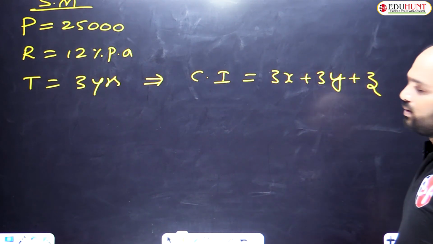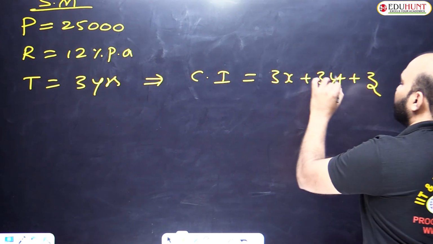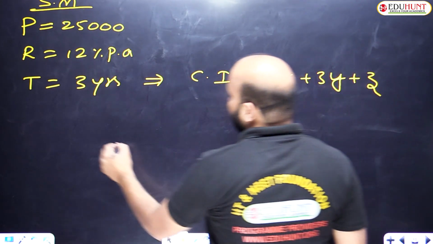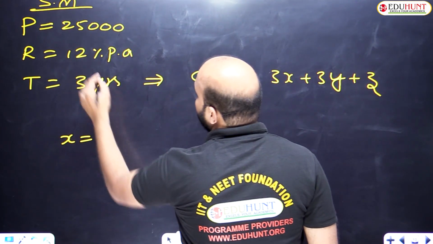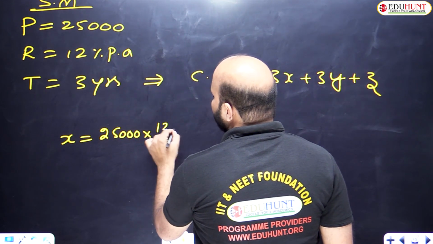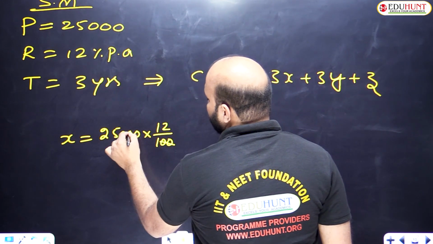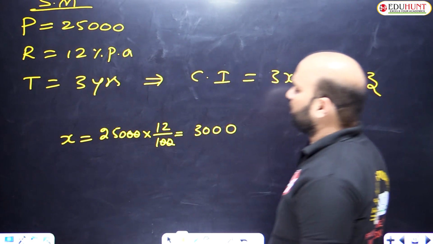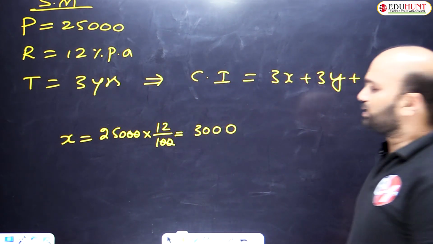This is a formula. So how will we get x, y, z values? X, y, z depend on rate of interest. How much is given? 12%. So how will we get x value first? 12% of principal, 25,000 given, principal. So 12% value of 25,000, that is called x. What is x value? 3,000. Am I clear? So 3,000 is the x value.